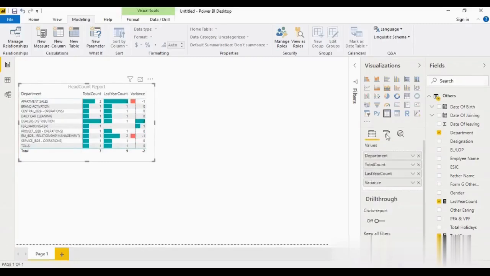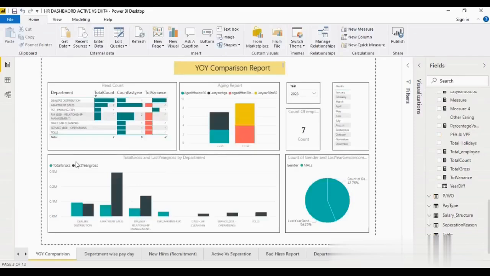One more thing, need to add the border. So go to the format and select the border. Now I go to my report, and the next report is total gross by department. So